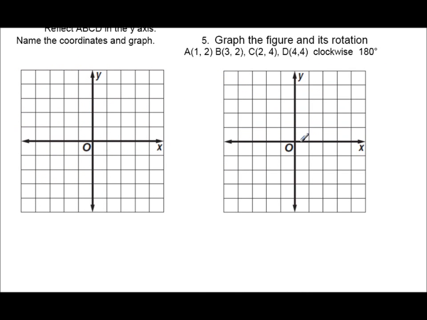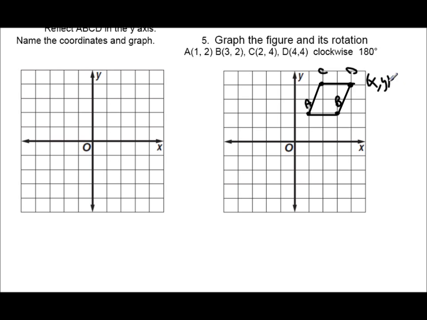Number 5, first we're going to graph the figure. A is (1, 2), B is (3, 2), C is (2, 4), and D is (4, 4). So this is our original figure, and after we rotate it 180 degrees,